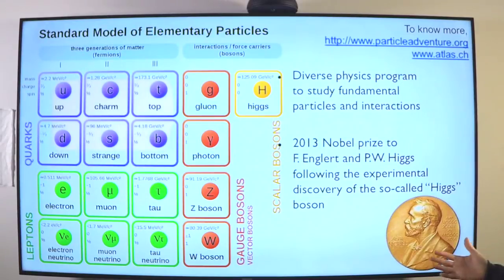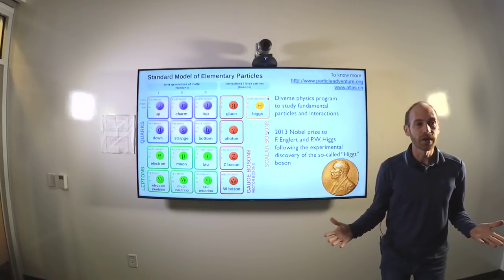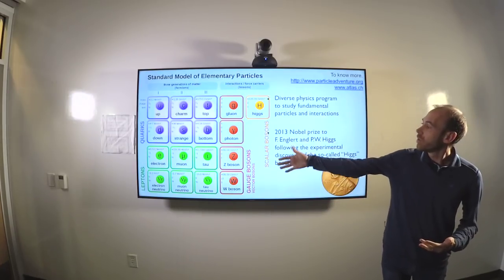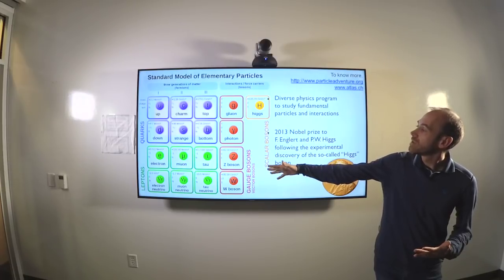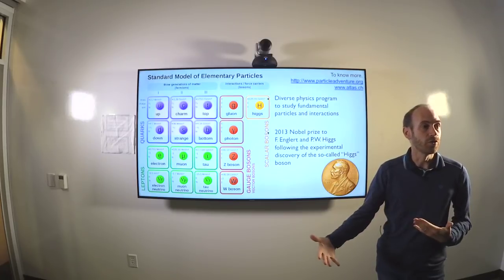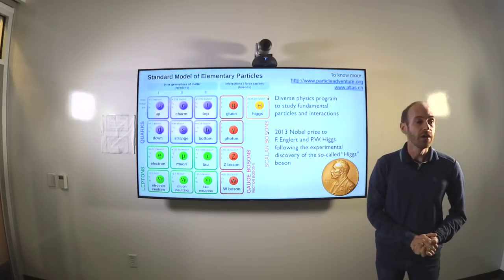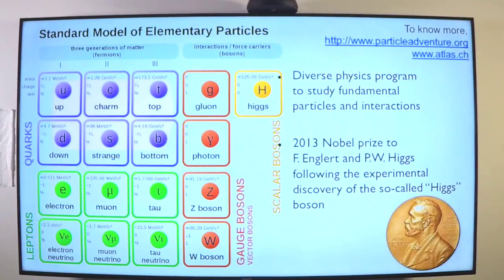But we know that this is not the whole story. In extreme environments, either deep in space or in our laboratories, we can recreate basically all of these particles that you see here, more exotic forms of matter, as well as different particles that are the mediators of forces. The last addition to this collection is the so-called Higgs boson, which was only relatively recently discovered in 2012, produced at the Large Hadron Collider for the first time. It resulted in a Nobel Prize to Englert and Higgs following this experimental discovery, after they theorized this particle.